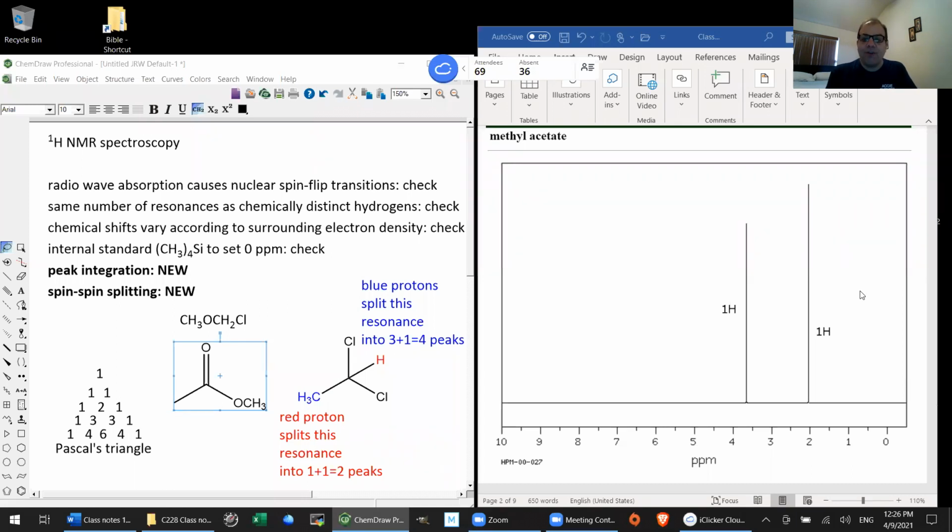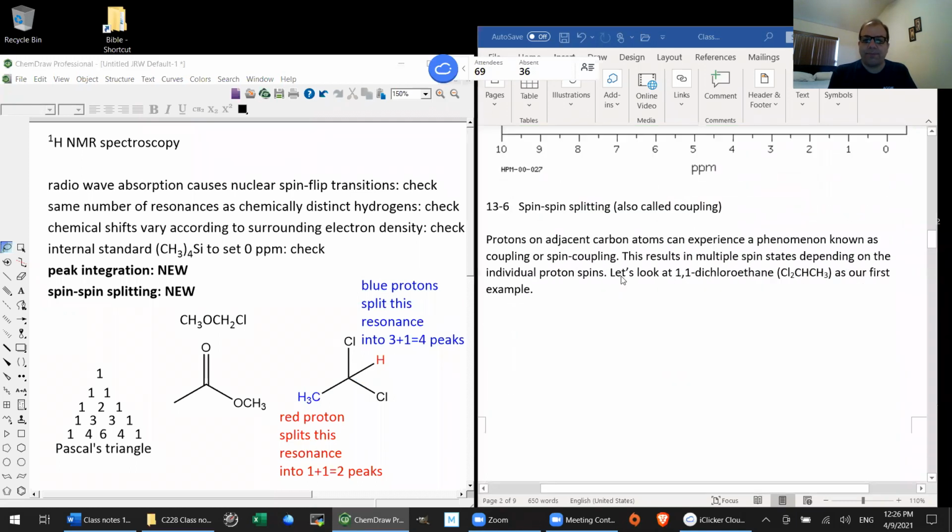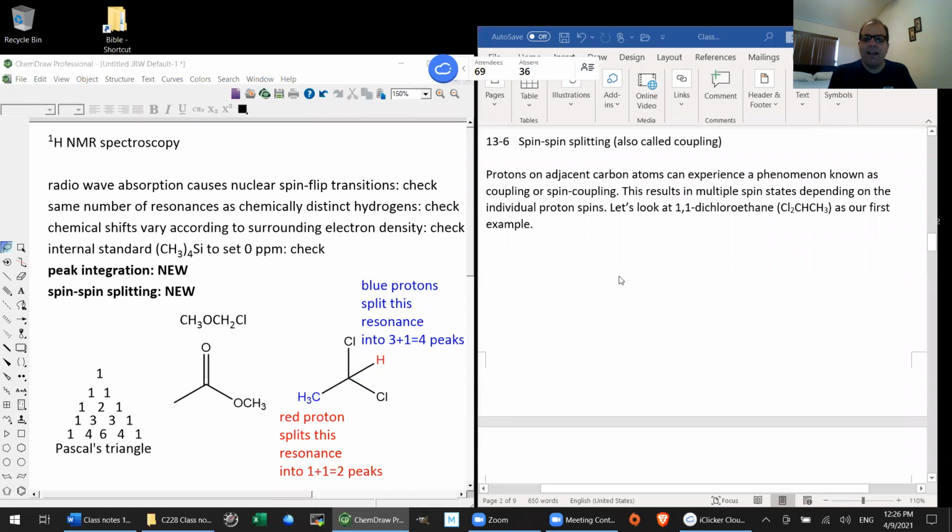Good. So far so good, but we need to get also to spin-spin splitting. And I would like to at least cover the simpler types of cases, at least enough information to get you through 80% of the cases, maybe 85, certainly the simplest cases. I've described how this works, and